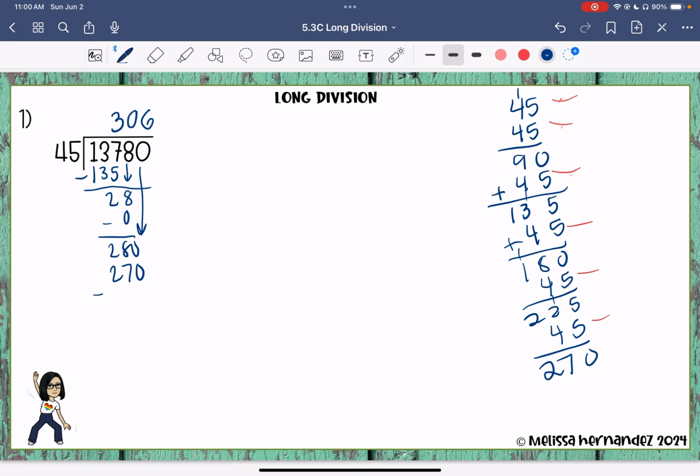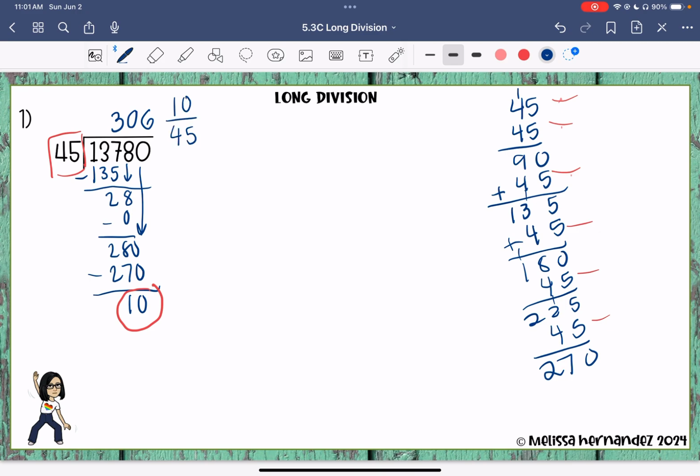How far is 270 from 280? 10. So in elementary, you typically would just write remainder of 10. I'm actually coming from junior high, so I'm going to show you what I want my kids to do, leaving it as a mixed number. So I tell my kids, circle over square. So that means it's 306 or 306 and